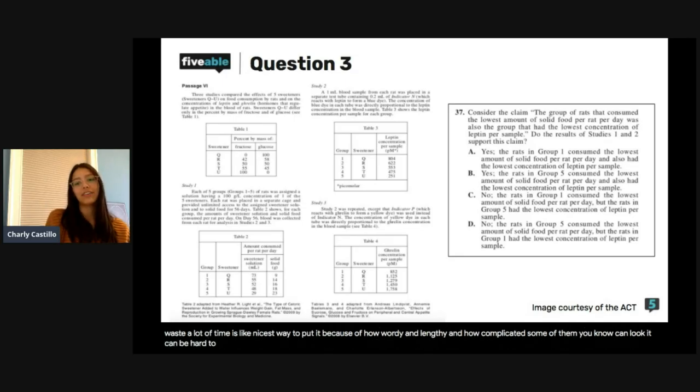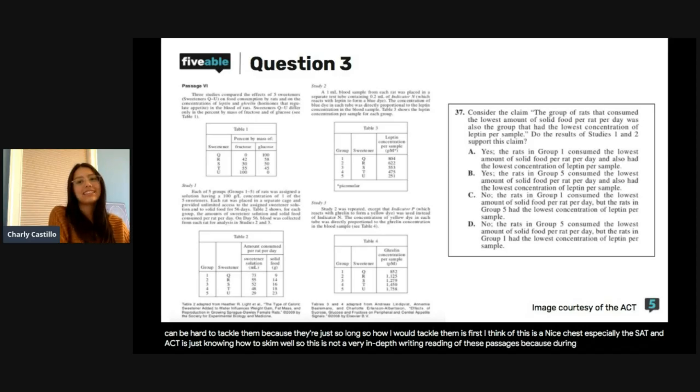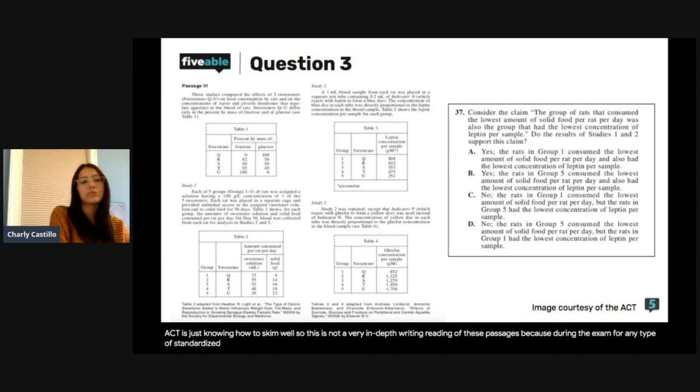It can be hard to tackle them because they're just so long. So, how I would tackle them is first, I think this is a very important skill for all standardized tests, especially the SAT and ACT, is just knowing how to skim well. So this is not a very in-depth reading of these passages, because during the exam, for any type of standardized test, whether it be the SAT or ACT, you're probably not going to have time to read an article in